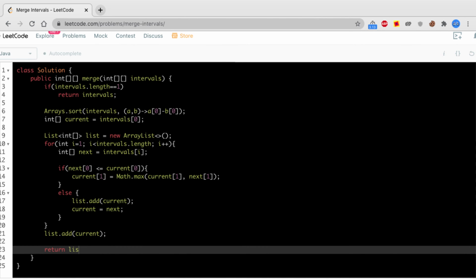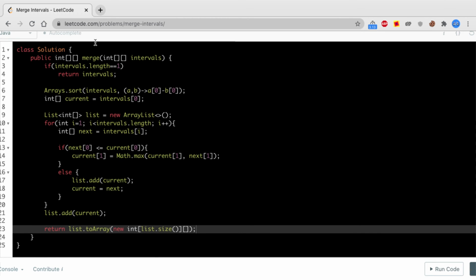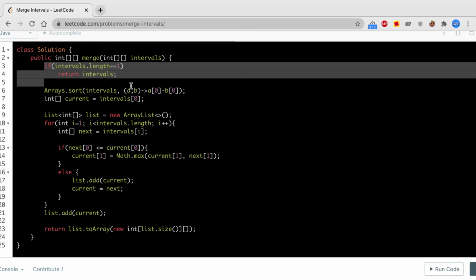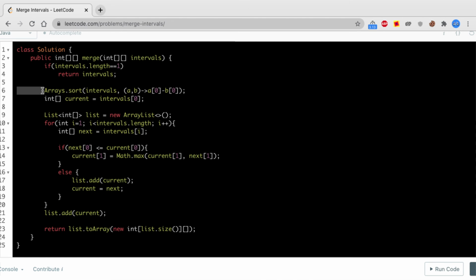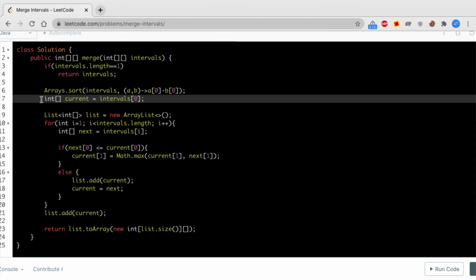How do we convert it? There is an inbuilt method called toArray. What we need to pass is an int array of the size of the list. So it is list.size(), and it is a 2D array, so we'll make it 2D. I hope we have not made any mistake. We'll just go through it again from the start. We check the corner conditions. We sort the array. We took the first element, and from the second onwards